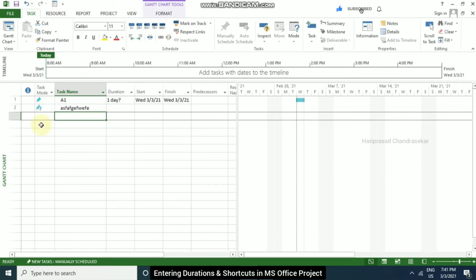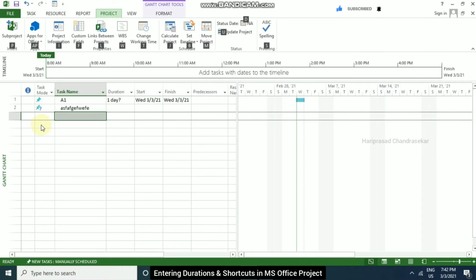We also have menus and the ribbon here, right? If you want to use shortcuts for that also, you need to press Alt and then choose whatever you want. For example, I need to check the project information. So I press Alt and then choose R for Project, and after that I choose I for Project Information.